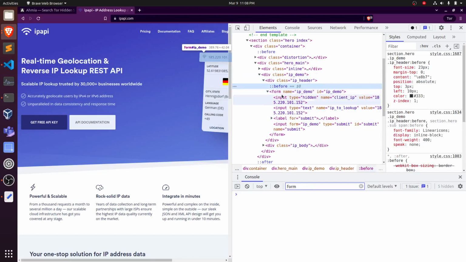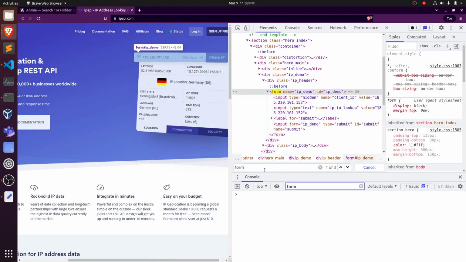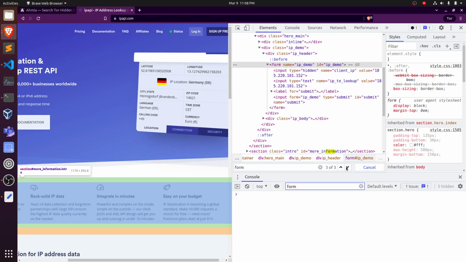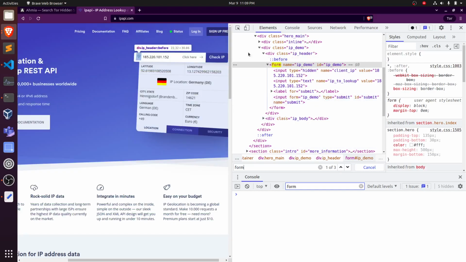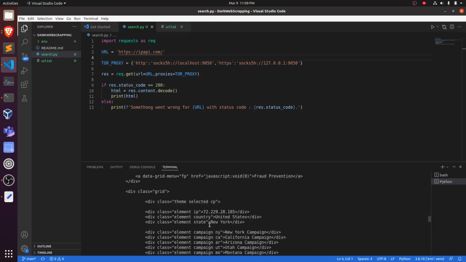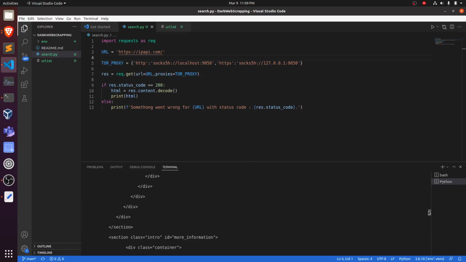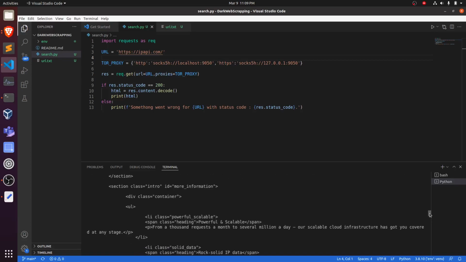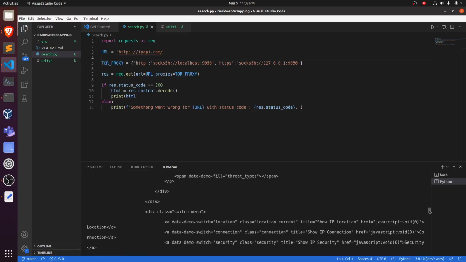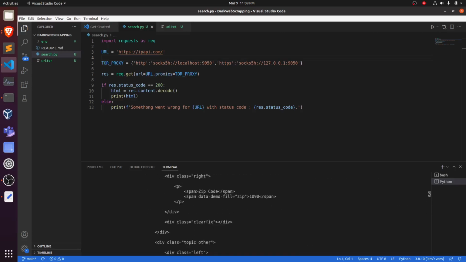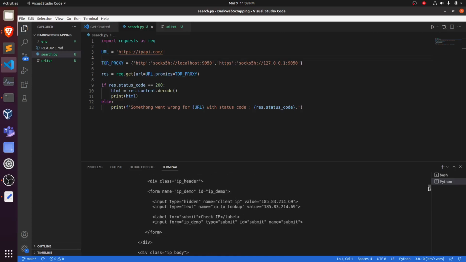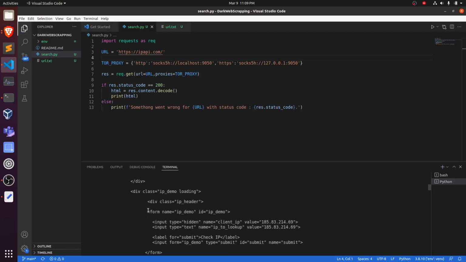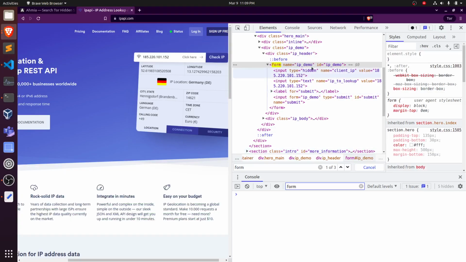Let me just quickly do Control F. Yes, over here there exist only 3 results of form and only one tag of the form. So this is the thing, right? In our case, we just have to find the form tag, and once we find that form tag, we will be good to go. Okay, so here is our form tag, which is the same as this. Then if we just want this value,